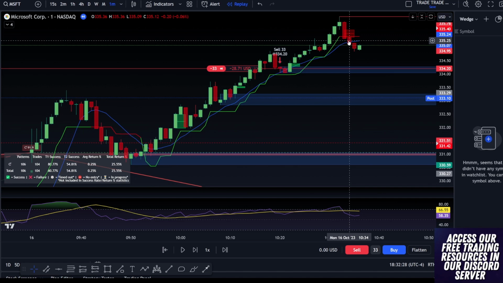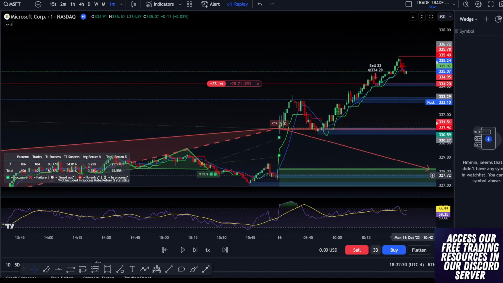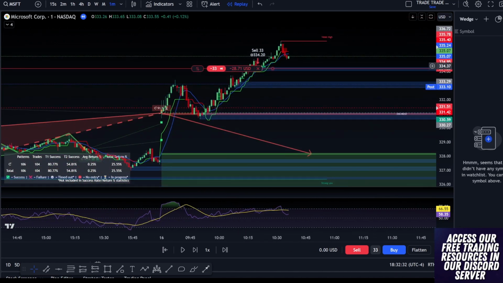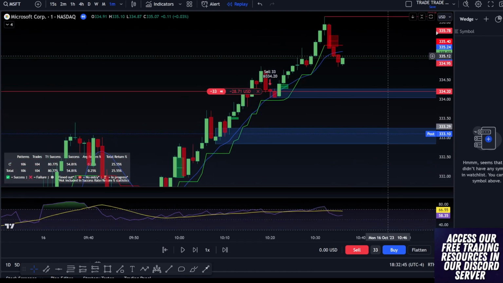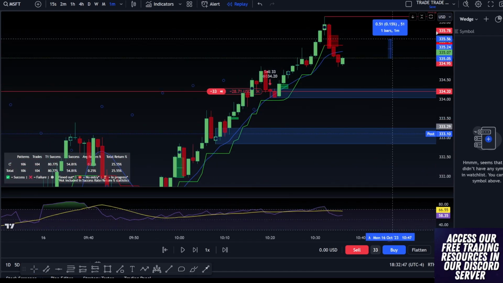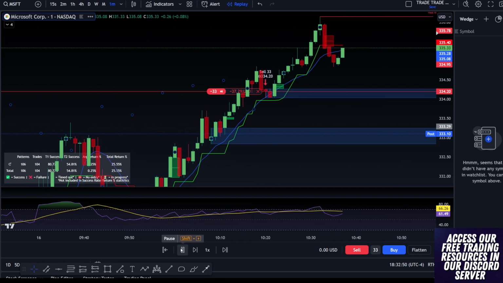We know that there's an 80% chance that Microsoft is going to pull back down to 328. We know that there is now a divergence in play. The second one's not as strong, but we know that now we're holding under the 11 SMA, 2 candles. But the problem is we do have a fair value gap. So I would assume that this will actually snap back up to 335 and test. See what happens.